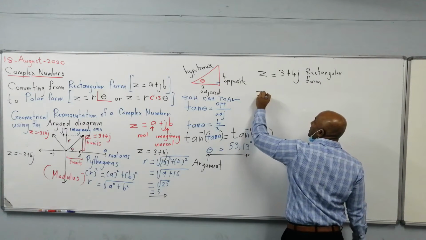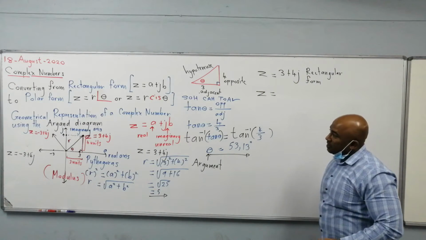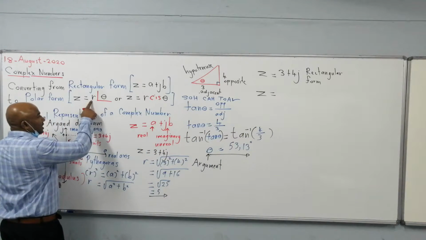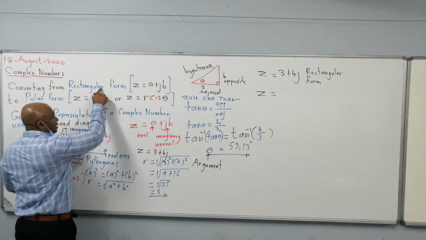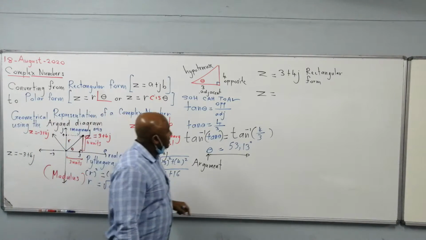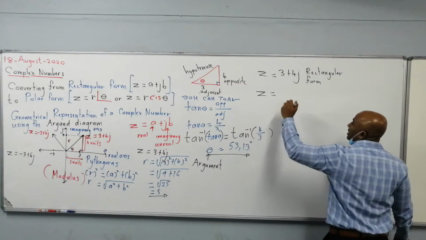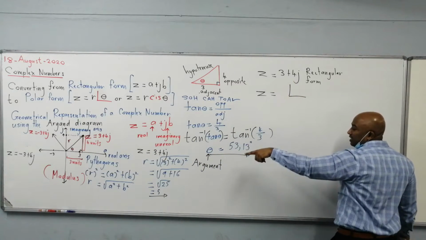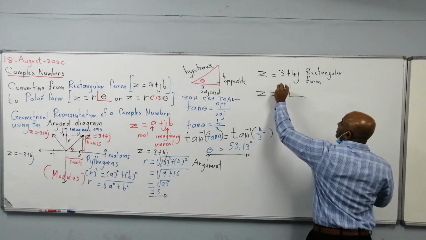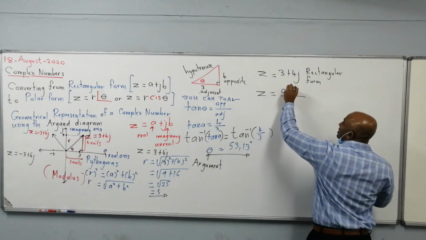And now we converted it to polar form. There's two ways to write down your polar form. You have R and this line over here, which looks like a right angle, with your theta. So you have your R. What was the R that I just found? It was 5. And your angle theta was